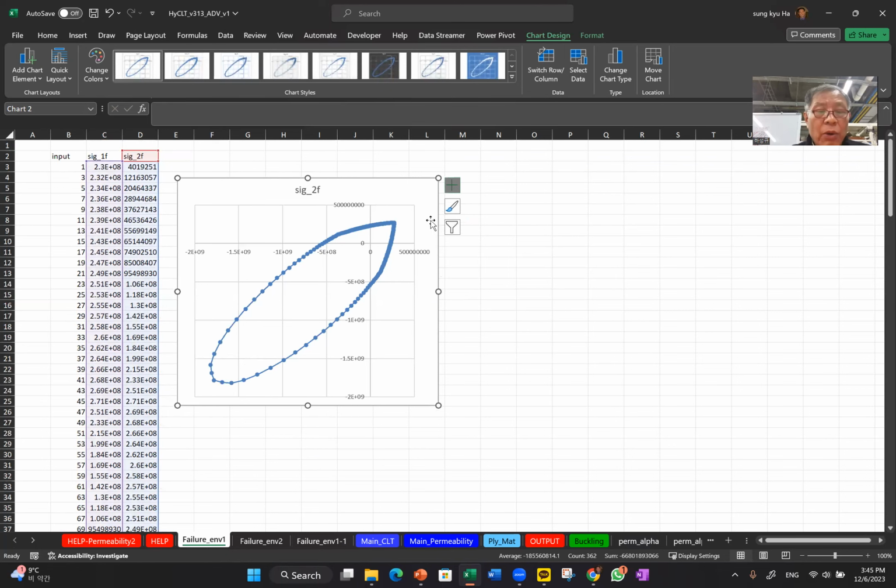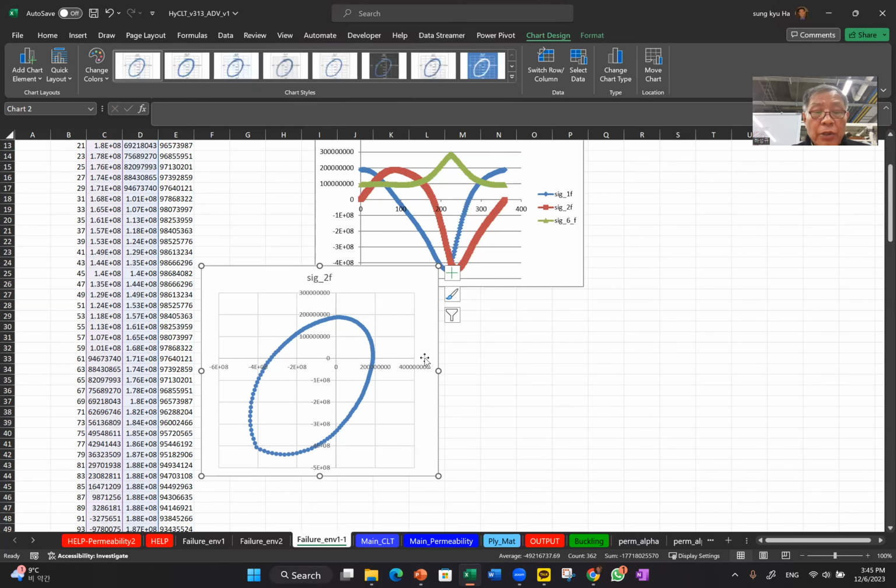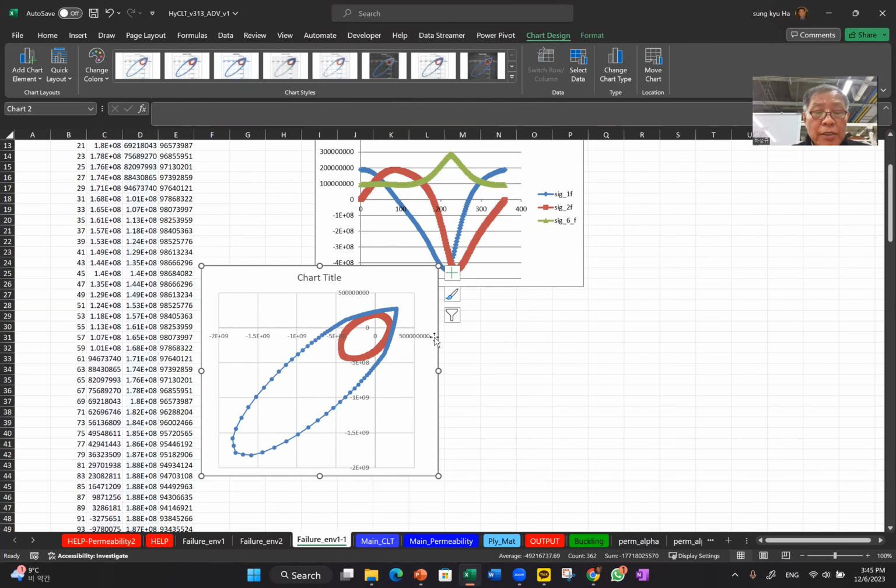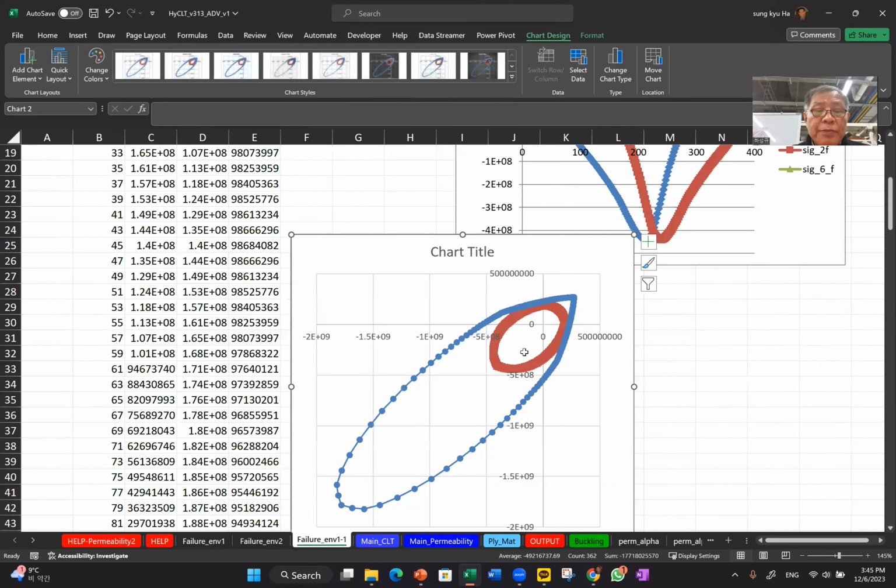That was the no shear stress case. Now you can compare that. You can see that if this shear stress exists, the failure envelope will change this way,